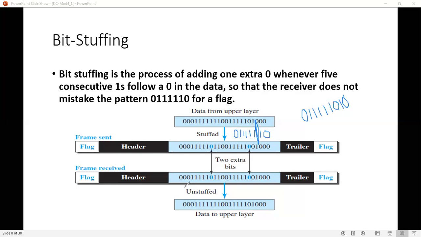Like you removed the escape character in the character oriented protocol, here you are removing this extra bit, and then it will read the rest of the sequence, and again if there are any extra bits it will remove them, and the unstuffed data is obtained and sent to the network layer. Hope you understood the character oriented protocol and the bit oriented protocol.